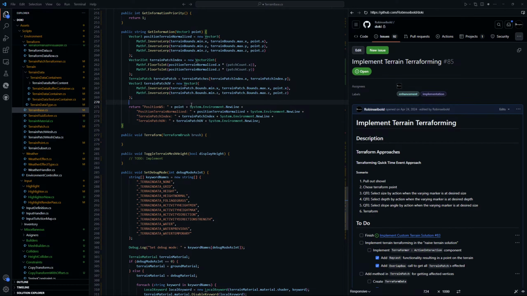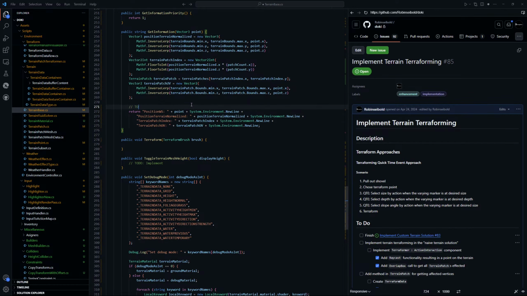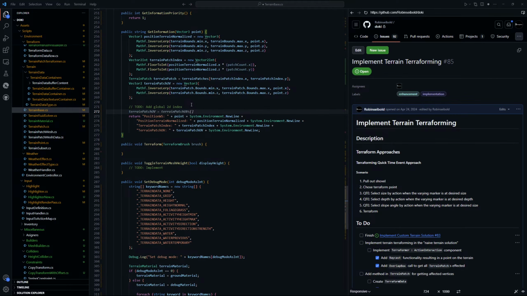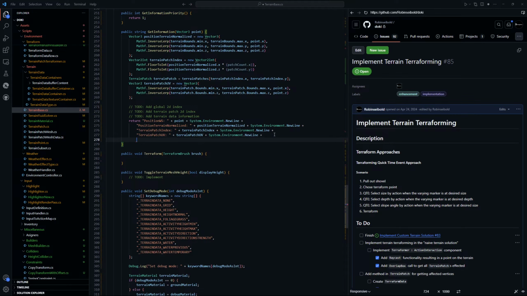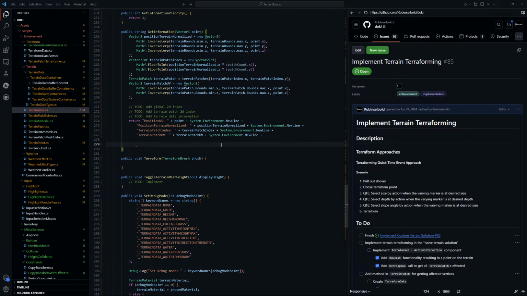So basically we want to add global 2D index, add terrain patch 2D index, add terrain data information. Terrain data information, I think, is the simplest one. We're just going to do this, and